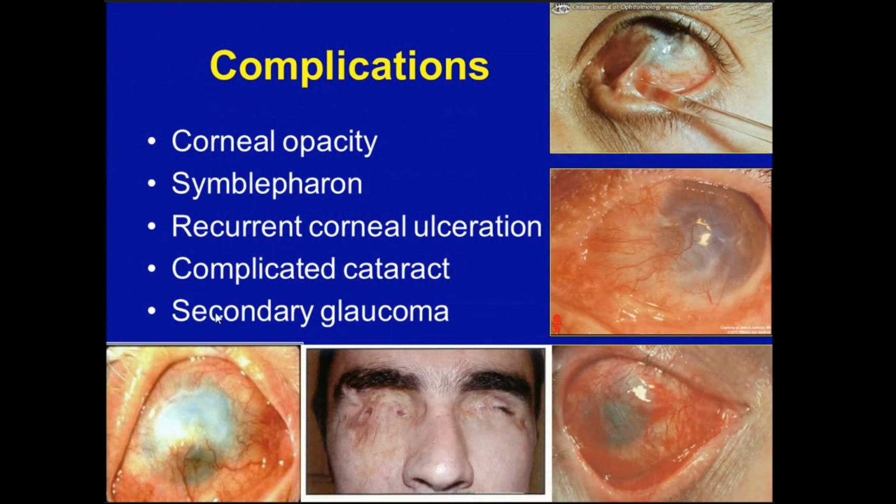Look, the total opaque cornea. This is also against cornea. We see that conjunctiva closes the cornea defects. Here we see that after a very severe burn, we have totally closed eyelids.